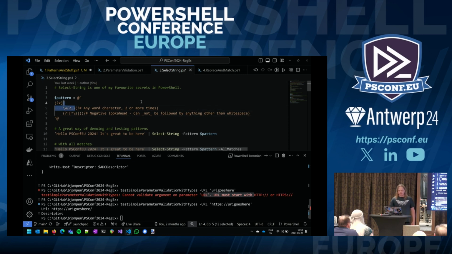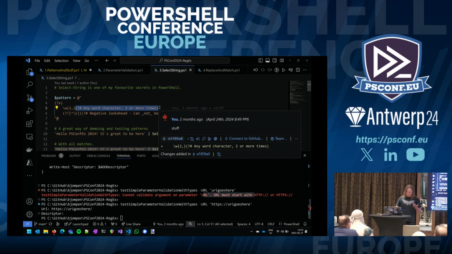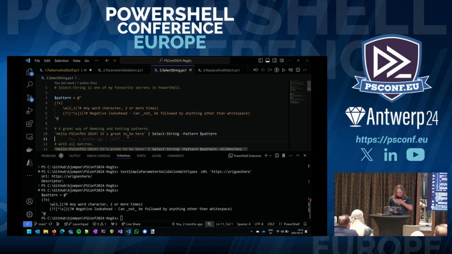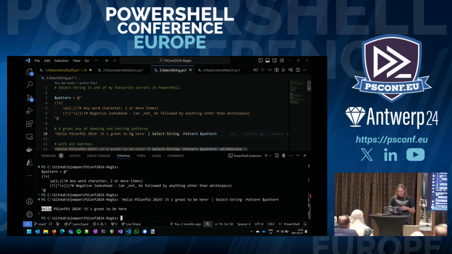And we can say, hey, the first line will match any word character 2 or more times. The second time is a negative look ahead. So it's not going to be followed by anything other than white space. And of course, we need to press F8. Come on. There we go. And like I said, 2 or more word characters. Hello, 2 or more. And it cannot be followed by anything but a white space. So hello is followed by white space. This pattern works absolutely flawless, but instead of just having some twiggly bits, we have some comments in it.